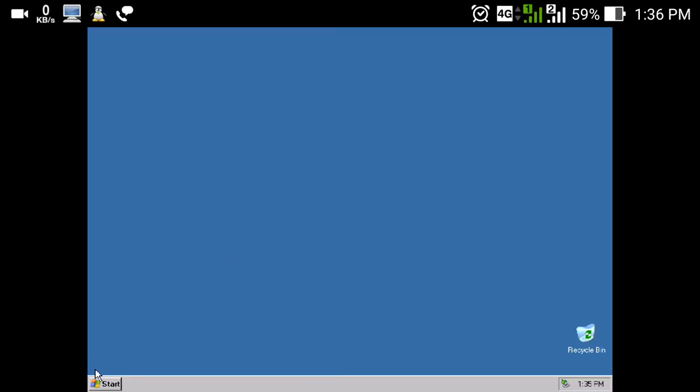So it runs much faster than the Bochs emulator. You have to try it, just make a try, and you will be pleased to see the speed of